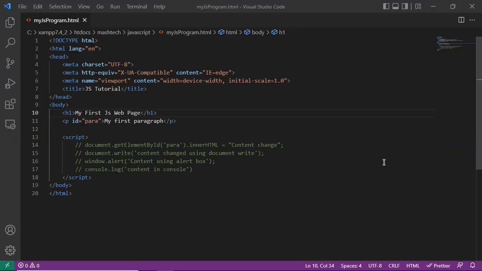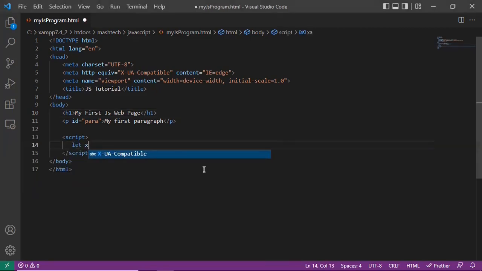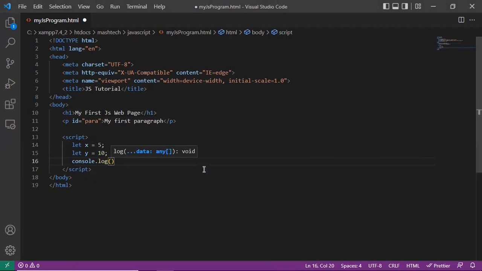Let's create variables in JavaScript. There are three ways to declare JavaScript variables. One is var, second one is let, third one is const. As a general rule, always declare variables with const. And if you think the value of the variable can change, use let. Let x, let y 10, console any of above, x, value of x here,